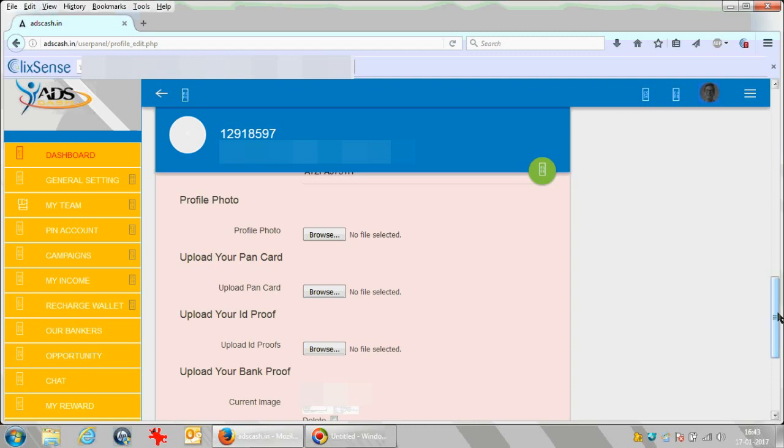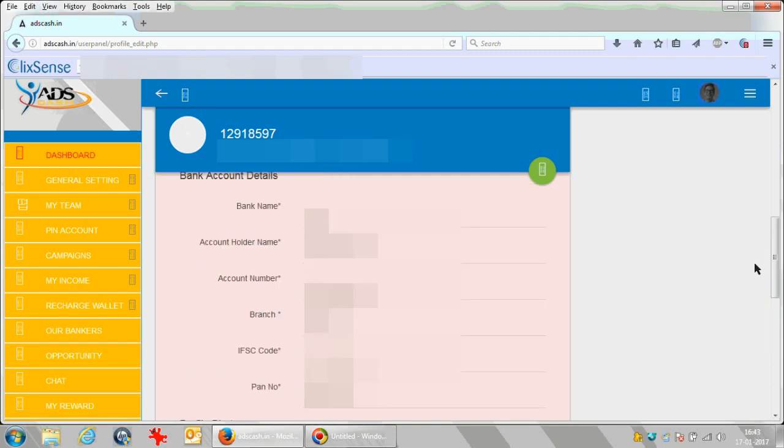Once you have done it, you need not worry about it. But I would recommend, as a good practice, that you often come and check whether your account number and IFSC are updated correctly. While checking, please don't make any changes here that would create any problem for you in the future.